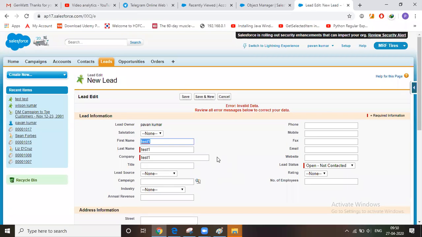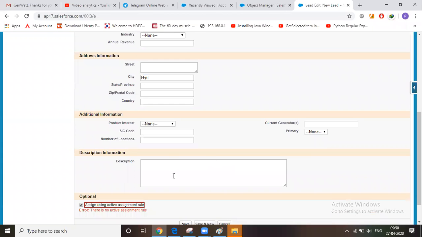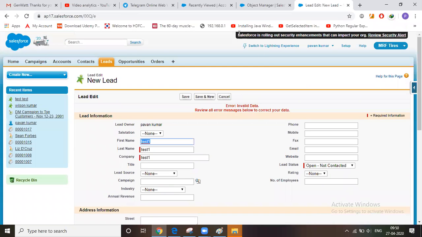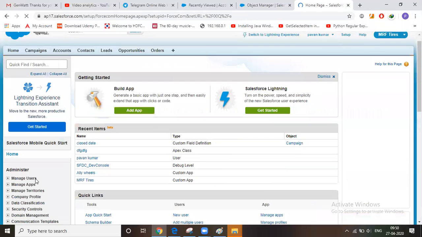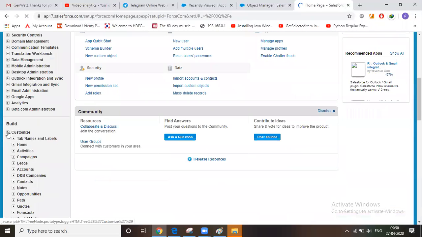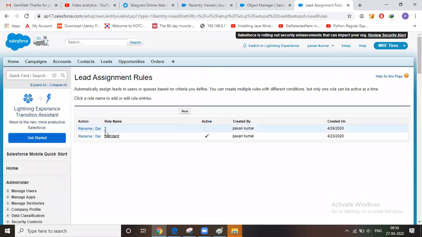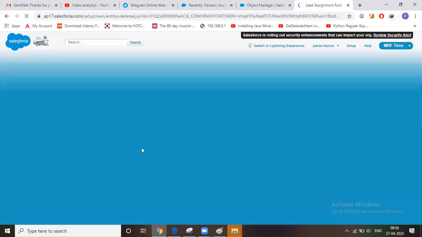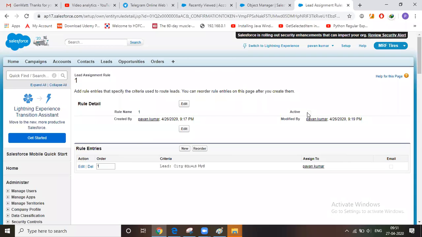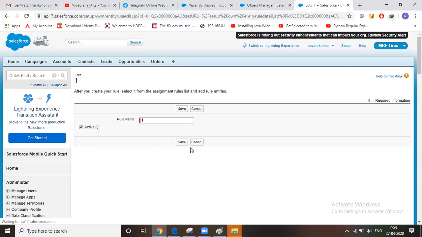Can I edit that? There is no active assignment. Setup. The rule is not active. Customers, Leads, Lead assignment rules. Okay, it is not active. Edit. Active.